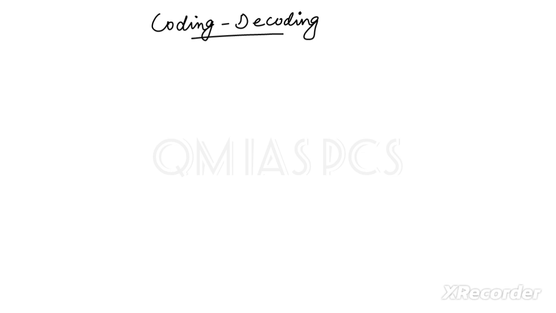Today we are going to start a new reasoning topic, and that is coding and decoding. So how to proceed with this? First we will do the theory portion, then we will solve the PYQs, right? But in this topic, coding and decoding, there will be minimum theory. Whatever concepts we get will come from the PYQs, and we will solve